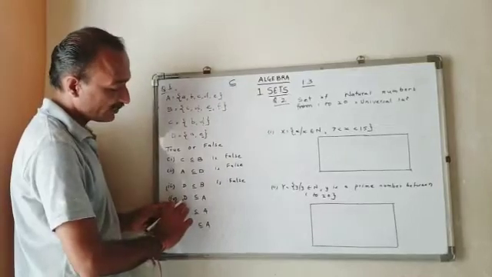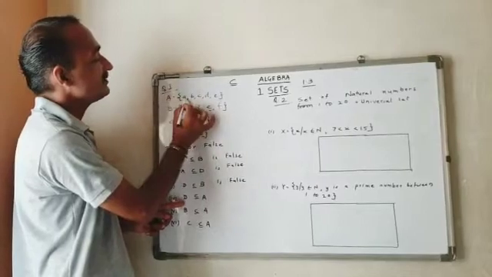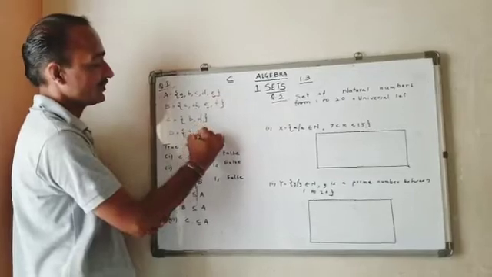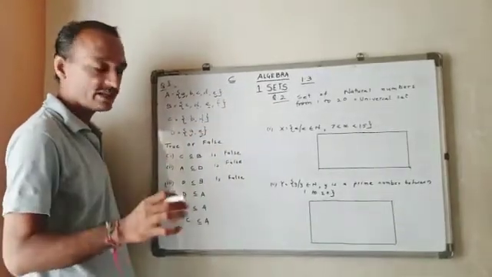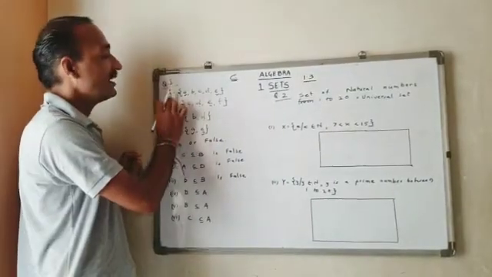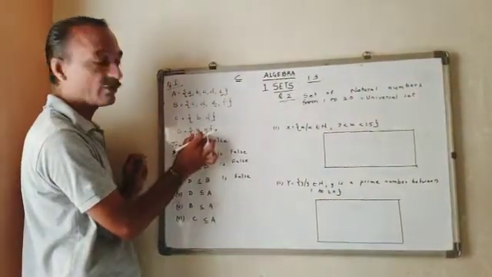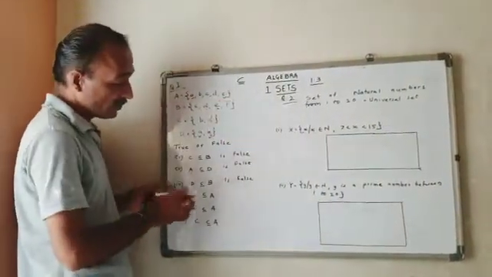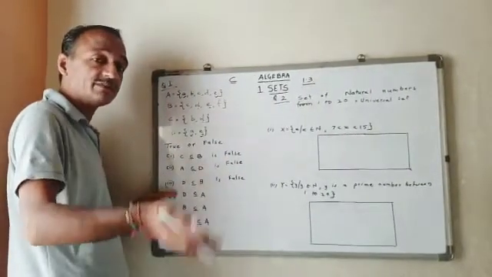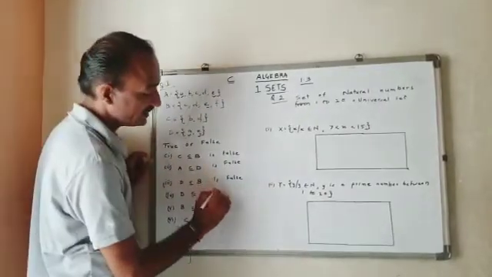But here, fourth one, D is a subset of A. D contains A and E. A contains A, B, C, D, E. A also and E also. Now with your definition here you will get the correct one. D is a subset of A. D contains A and E. A is a set of A, B, C, D, E. It contains both the elements, and A also contains B, C, D. So here we say D is a subset of A. But at the same time, if it says A is a subset of D, then it is wrong. Yes, D is a subset of A, so it is true.